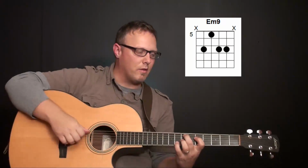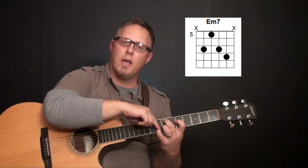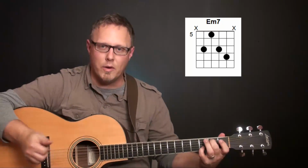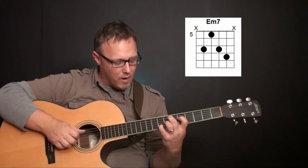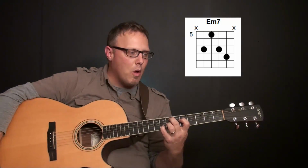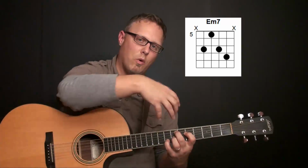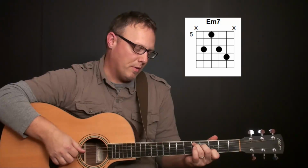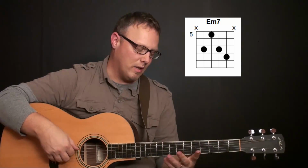And actually it's marked an E minor 9 on the chart, but I think I've settled into just playing a straight E minor 7. But it's not the E minor 7 you know down here. It's actually another kind of jazz voicing that's up here. And what it's doing is walking this chord down over the top, and so it gives it this nice little half step walk, but then these chords are kind of